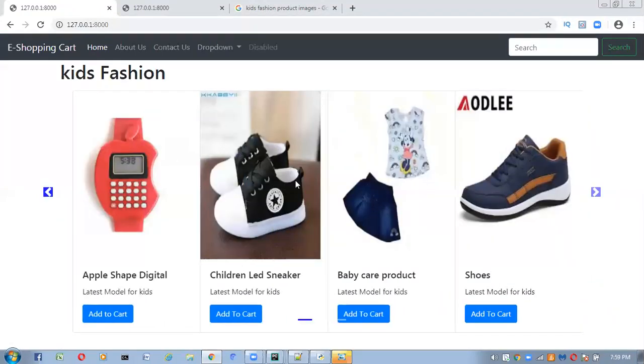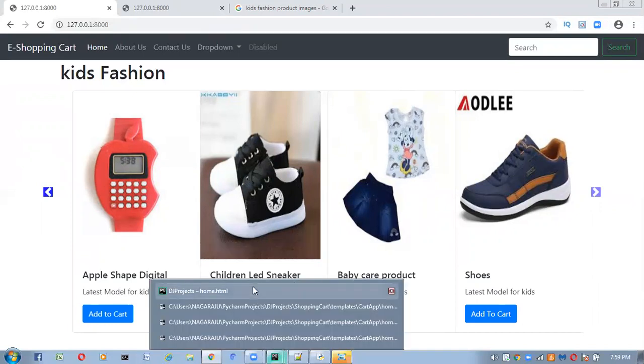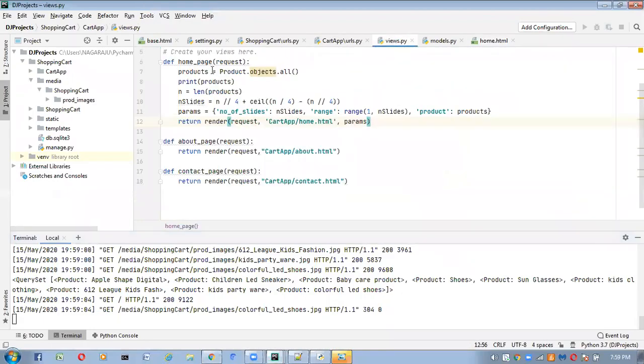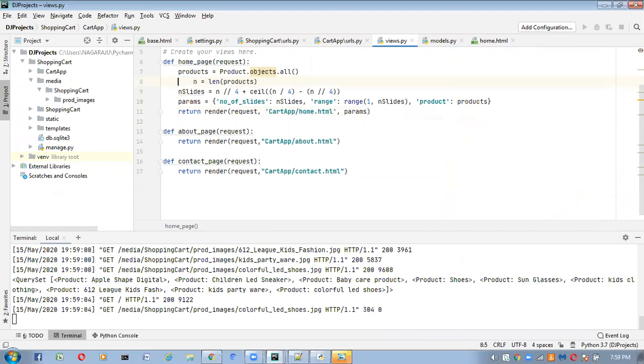From where am I taking all these things? From the database only, I'm taking all these products from the database. Clear? See, for this what I did, let us go through this code once. Inside the views.py file what we did: here we took complete data from the product model, and here I'm going to find out the total number of products, n means the total number of products.